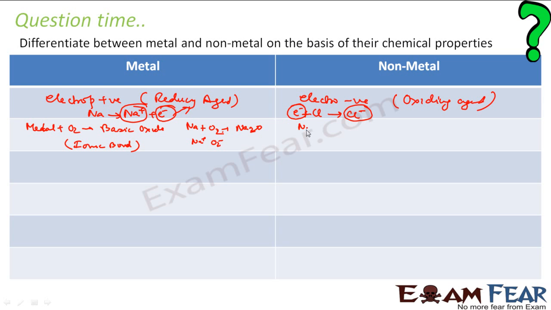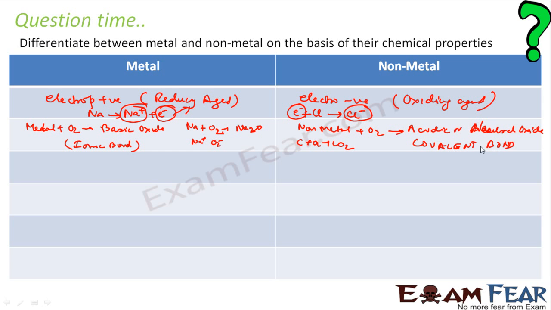But in this case, when you take a non-metal and add oxygen, this becomes an acidic or neutral oxide. If you see, carbon plus oxygen gives CO2. That's an acidic oxide and it has a covalent bond. These oxides have covalent bonds and those oxides have ionic bonds, because here carbon will be sharing, because